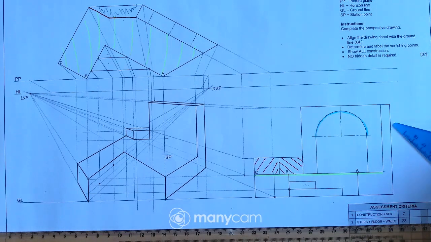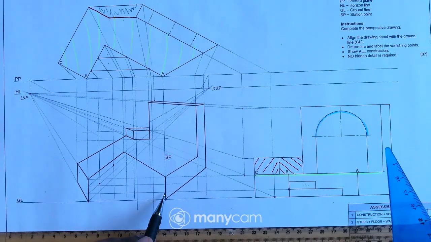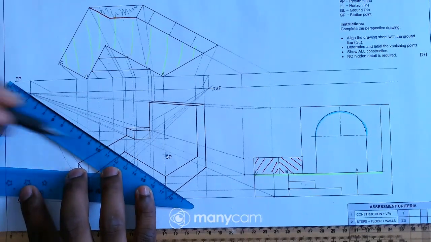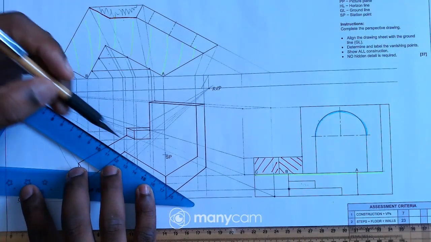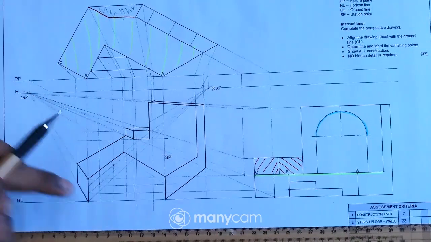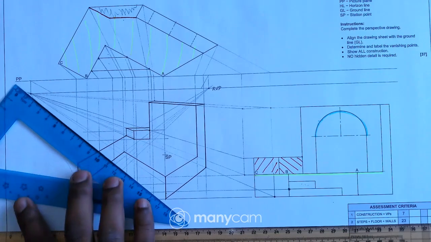I can also take these heights from this line to the LVP. I'm just doing the same thing that I've done on this side.